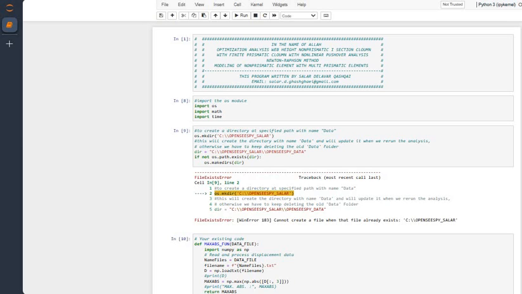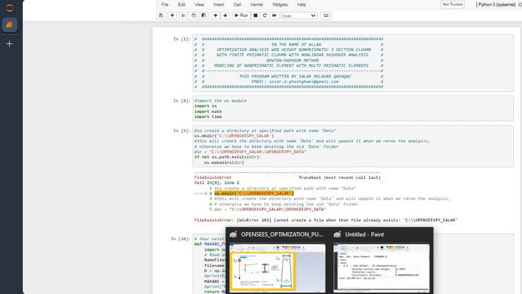Hello guys. My name is Salar Delavar Qashqai, and in this video we're going to have an example about the modeling of non-prismatic elements with multi-prismatic elements, and then with an optimization problem we want to find the optimum web height of this non-prismatic I section. So let's see, in this column